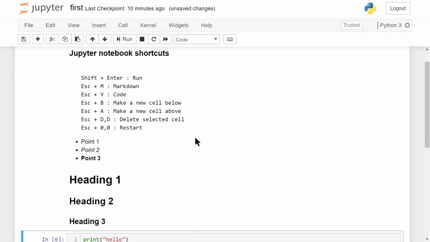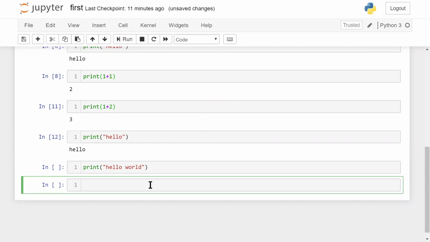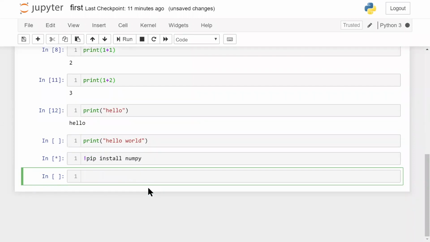Okay, so this is how you use Jupyter Notebook. If you install Matplotlib or other libraries, then you can use it for visualization. Suppose I want to run a command line instruction like pip install the module called NumPy, but I want to perform it inside this notebook. So all I have to do is add an exclamation mark. Now this is the same as running it on the command line window. So I give it a run, and this will now install NumPy on my computer and for this editor called Jupyter Notebook. So this is how you use it to install any module if you like to.